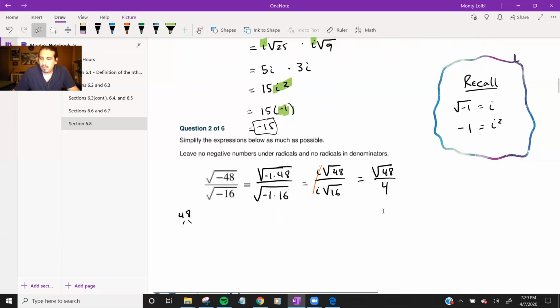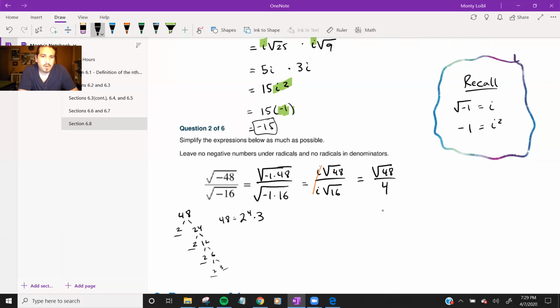What do we think a perfect square could be? So you could start breaking it apart, right? You could do 2, and this would be 24. Again, 2 and 12, 2 and 6, 2 and 3. Okay, so notice 2 times 2 times 2 times 3, that 48 is 2 to the 4th power times 3,